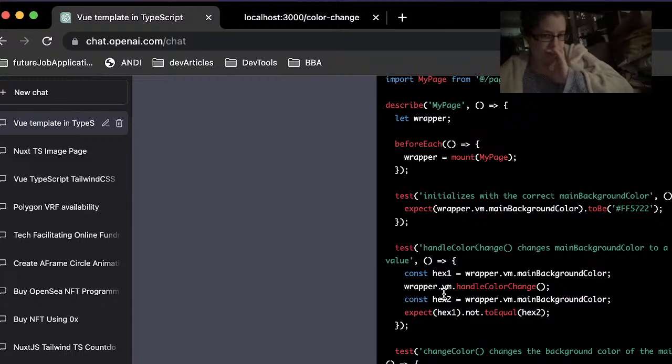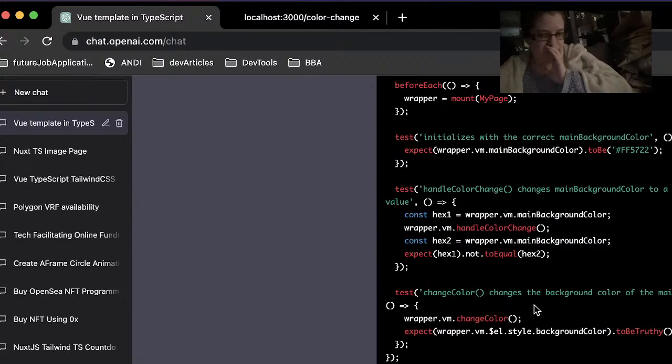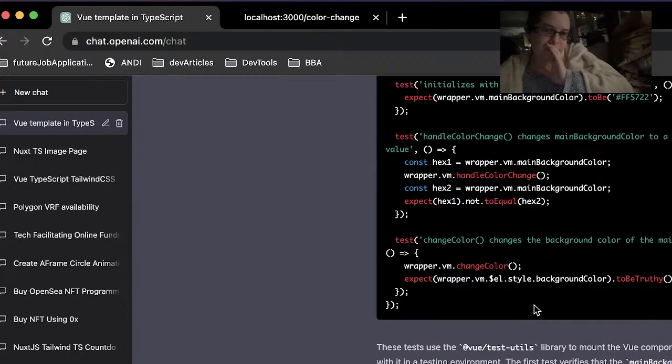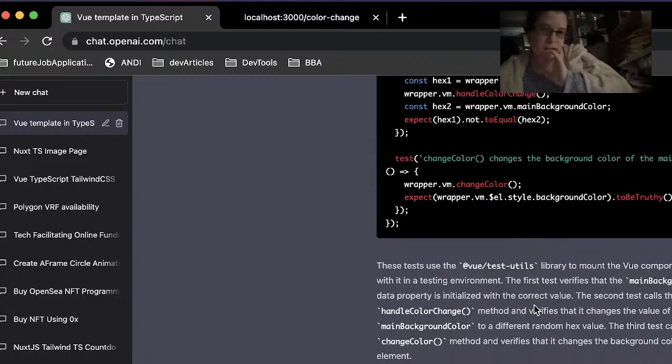Okay, so this is just saying we're expecting hex1 to not equal hex2. I mean, you could. It would be very, very, very unlikely. And then it's expecting it to have a